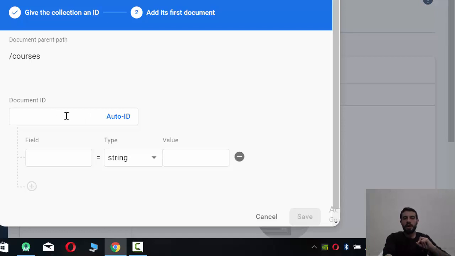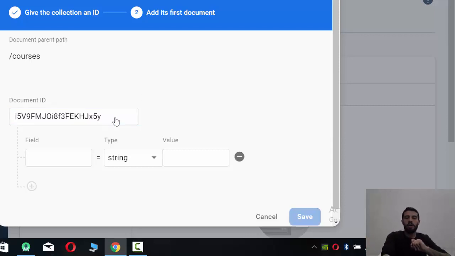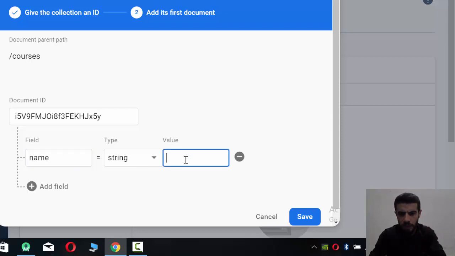The first thing for ID, I can add the ID here. Now I want to add the data manually, just add the data by myself. And also in the next lecture we will talk about how to add the data in Firebase. In this lecture we just want to fetch the data from Firestore. So here the ID, just auto ID, just a random ID. And then the course, we have the name of the course, the type string, and I can add any name here, for example,